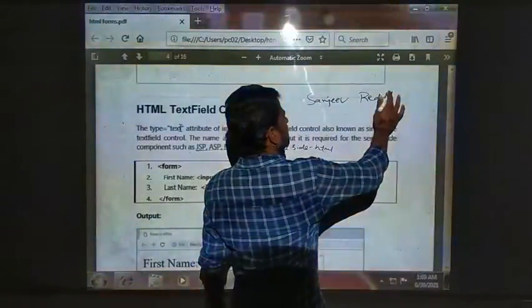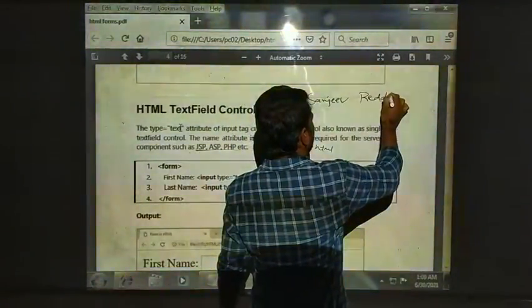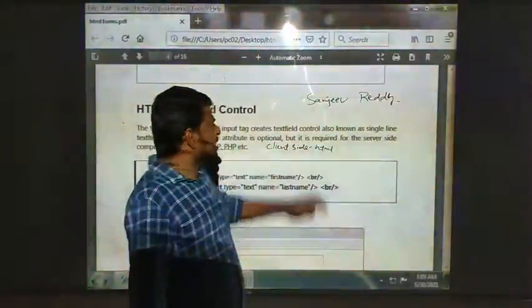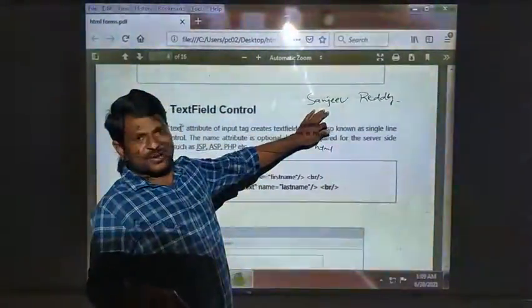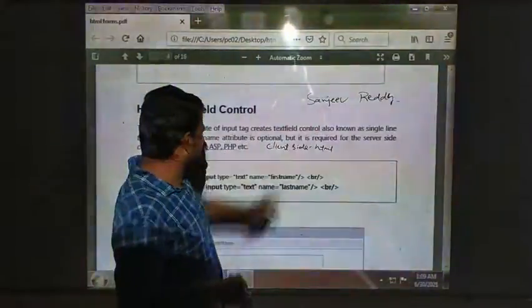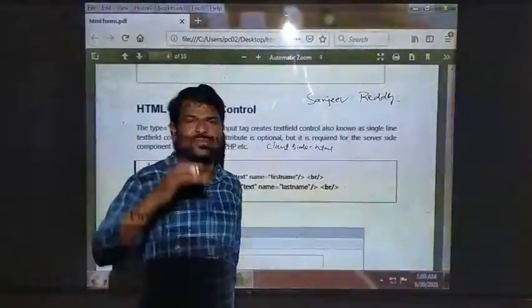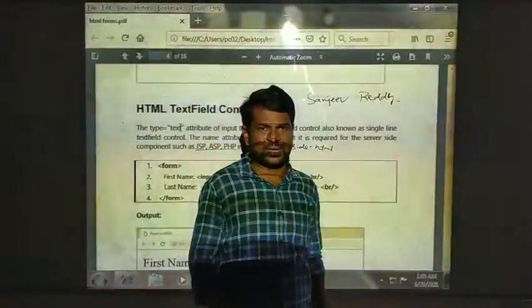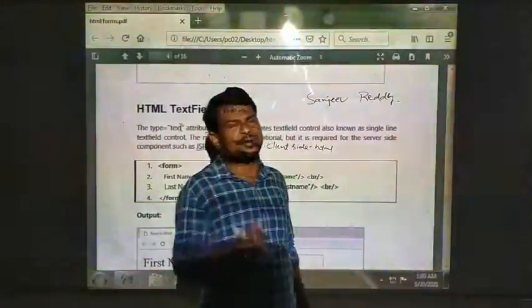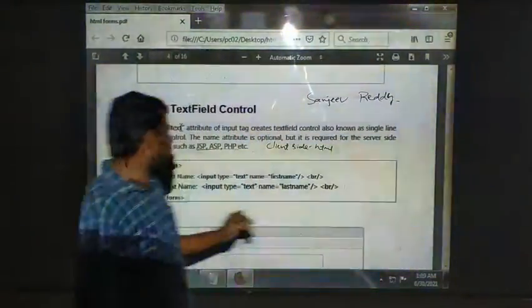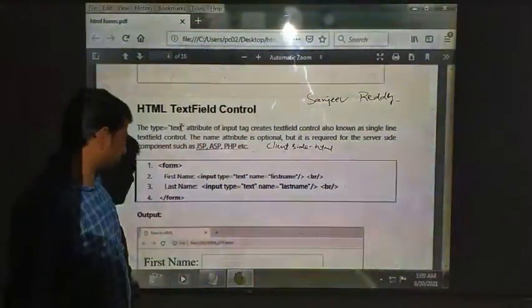When you are filling an application form, you need to know what is the first name and what is the last name. Whenever you are giving the text, you will see this is the first name and this is the last name. But whenever you see the output of that particular web page, you will see the name in a single line. That is called a text field control.